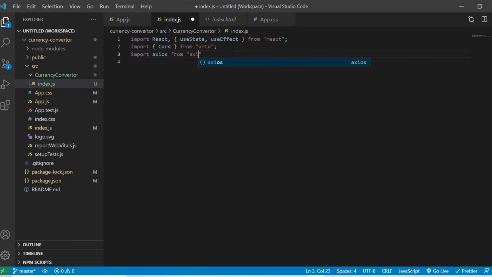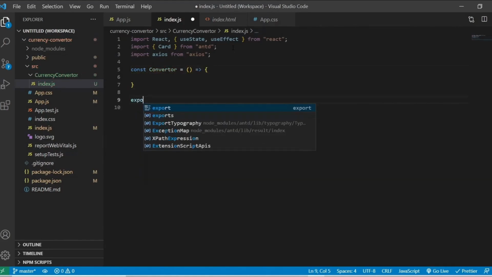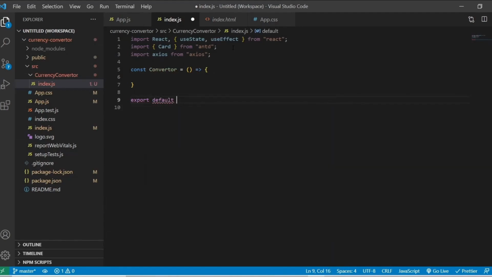In order to make the API request, I'm just creating a functional component here, const Converter, and it will be a fat arrow function, and I'm just exporting this component, export default Converter.